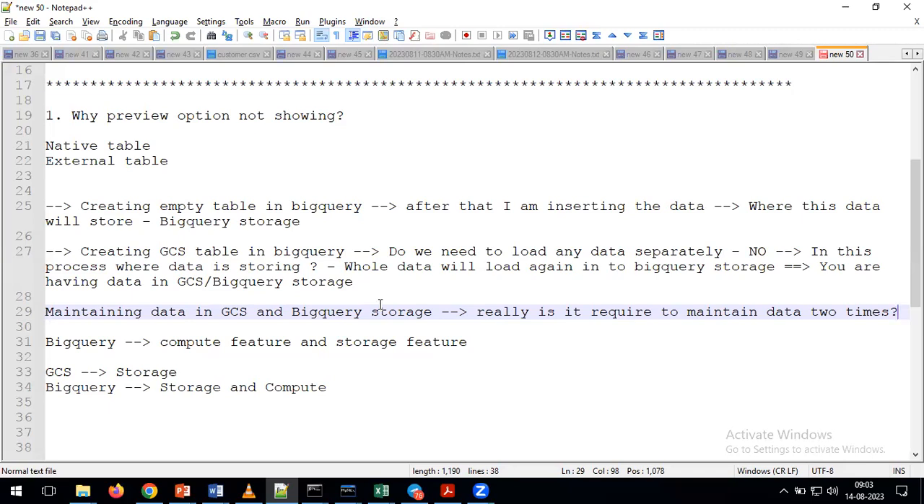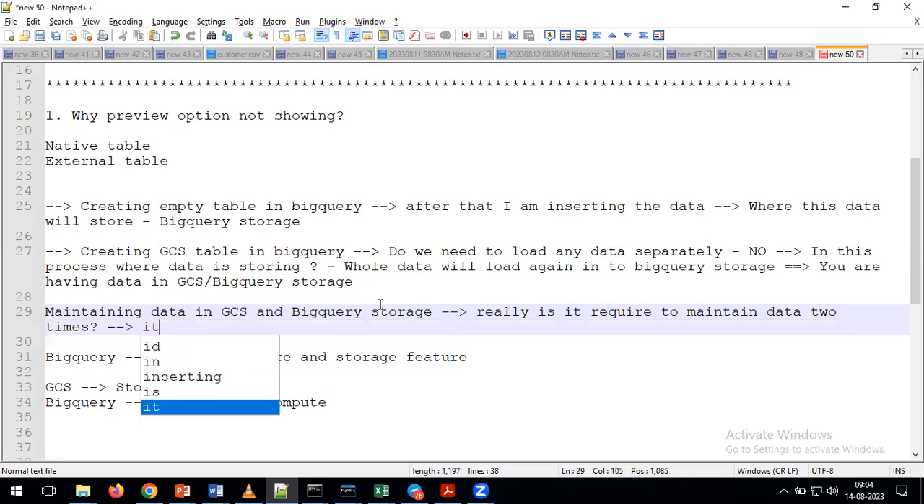Indirectly, what we are doing? You are maintaining the same copies of data in 2 locations, one in the GCS and one in the BigQuery storage. But tell me, really, is it required to maintain the data 2 times or in 2 places? It's not required. So see here, we can say in real-time projects,